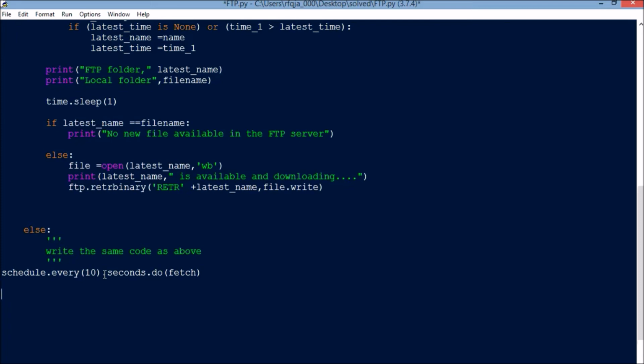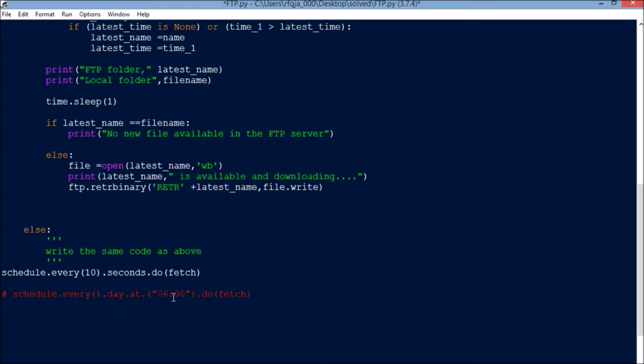So instead, what you can do is schedule.every().day.at, so you can put the time you want, say morning 6 o'clock. So you can write this command also. For testing purpose, I'm showing you 10 seconds, but you can use this script also,